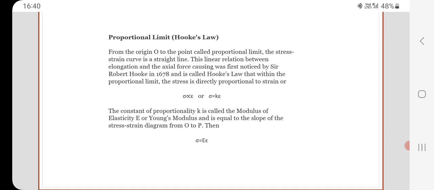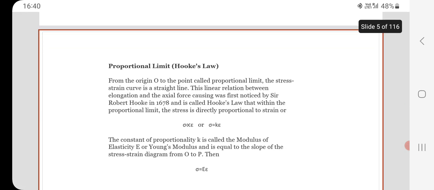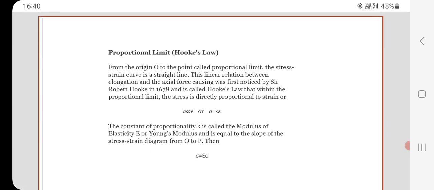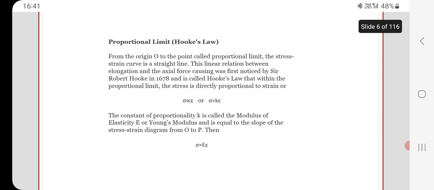Now, what is Hooke's law? Proportional limit. From the origin O to the point called proportional limit, the stress-strain curve is a straight line. This linear relation between elongation and the axial force causing it was first noticed by Sir Robert Hooke in 1678 and is called the Hooke's law,